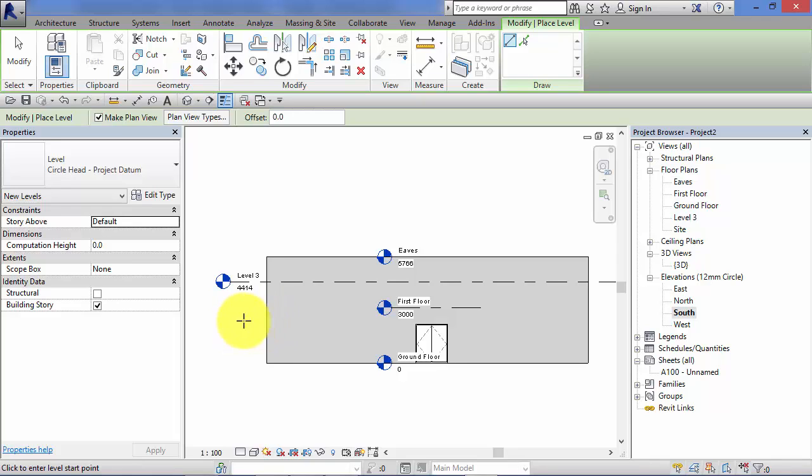Now just before I do that, if we look at the options bar here, remember the options bar, this part of the interface that comes into play once you've selected a tool. If you look on the options bar, there is a very important tick box there, Make Plan View. By default it's got a tick against it, and that is why when we create a level we also get an associated plan view, because we've asked Revit to generate a plan view at the same time we're making a level. However, if I turn that off,